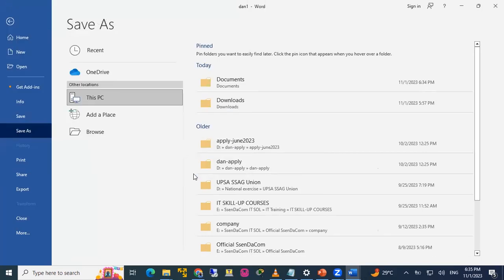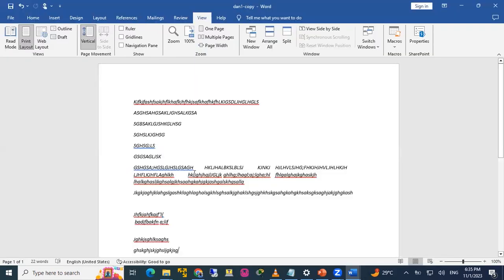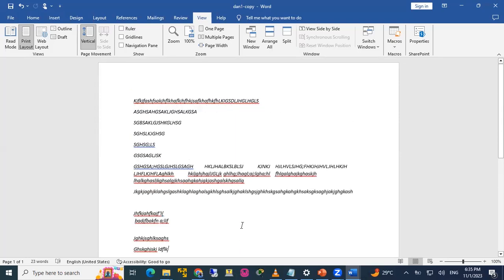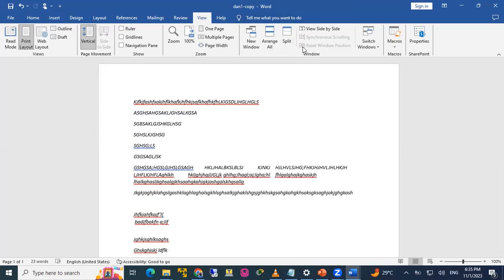Once I do the copy, I've created a new file. I've created what? A new file, but the content is the same as the first file. Now, anytime I do any editing here, I delete or I type something and I do save, it won't save on the first one. It will save on what? The copy. Because you have the original file, you don't want to touch it. You only want to work on the copy, so that any mistakes or any editing you do doesn't affect the first one.